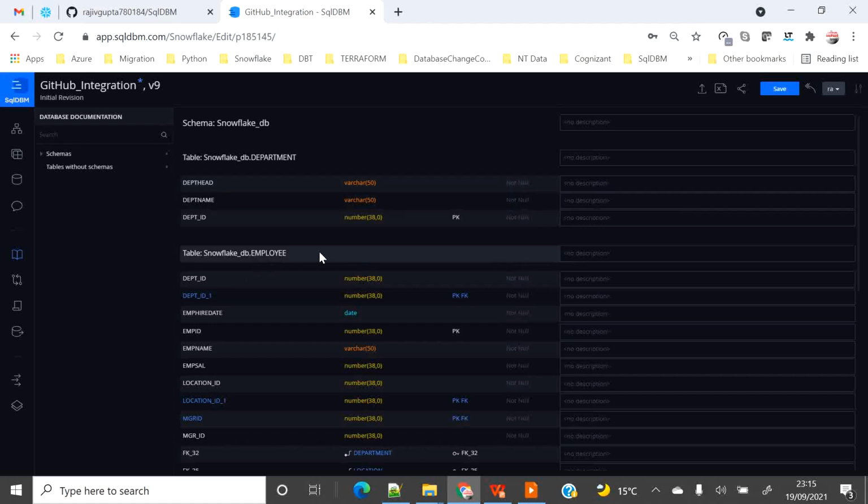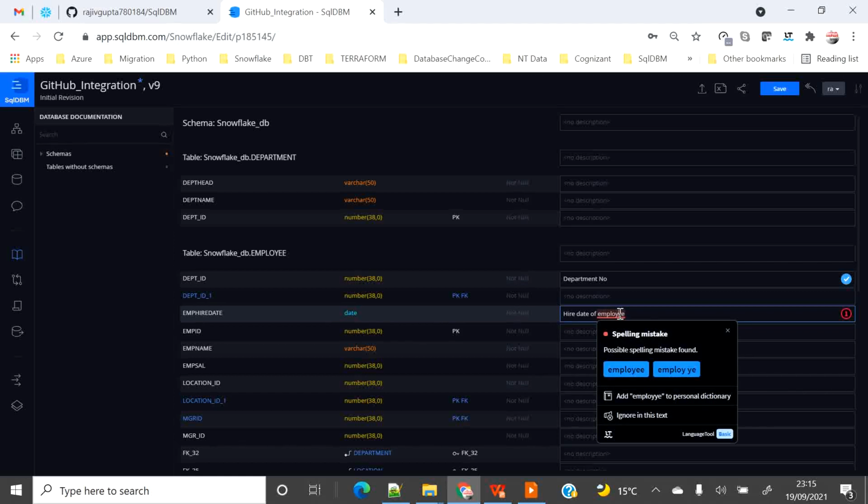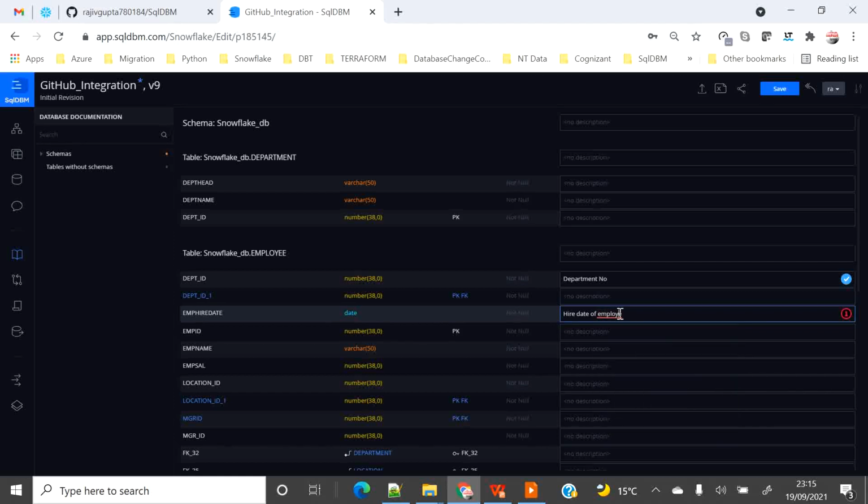Say I want to modify the employee table and add the description of department ID. I will say department number. For employee hire date, I will say hire date of employee. For employee name, I can say name of the employee.